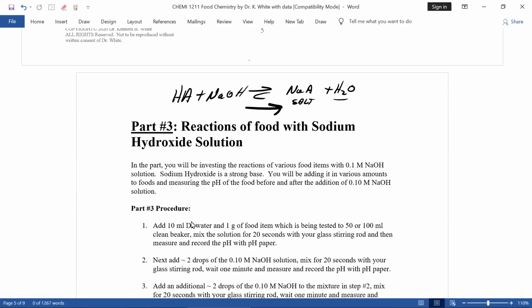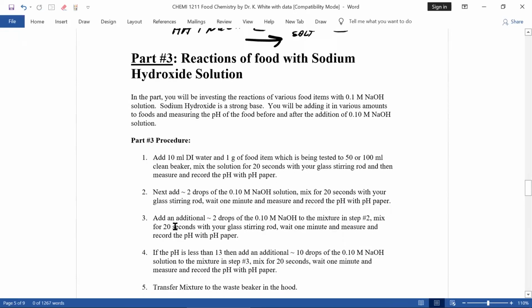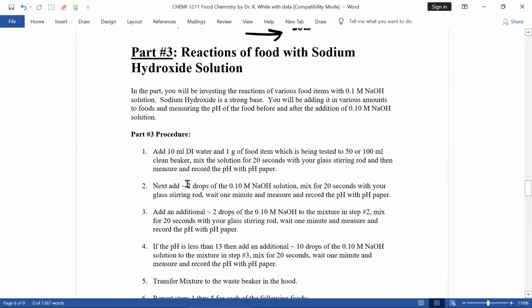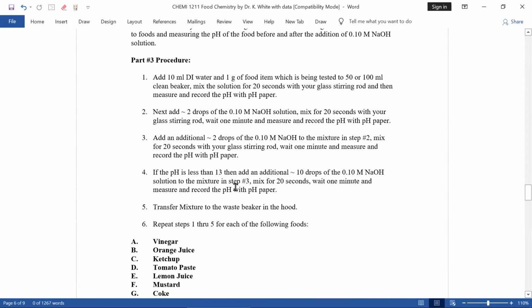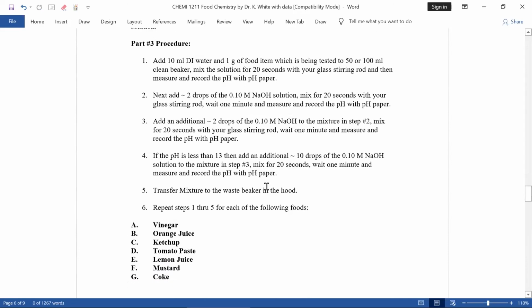And now you'll do the same thing in a beaker, put some water, put some of the food, add a few drops of, you know what a 0.10 capital M NaOH solution is. That's a 0.10 moles per liter sodium hydroxide solution. You'll mix it, measure the pH, add 2 more drops, and then add 10 drops. And you're doing similar to what you did in part 1, and the same